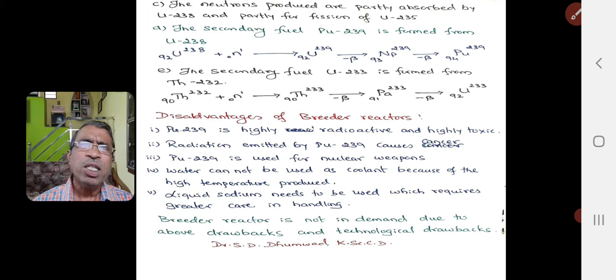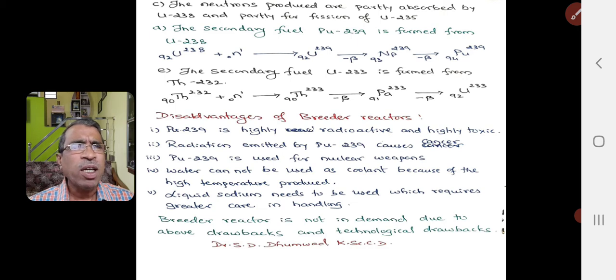Similarly, this fissionable material is also produced in a nuclear reactor where the thorium is used along with uranium-235. So when uranium-235 fissions, we get fast moving neutrons, and these fast moving neutrons attack the thorium-232 and turn it into